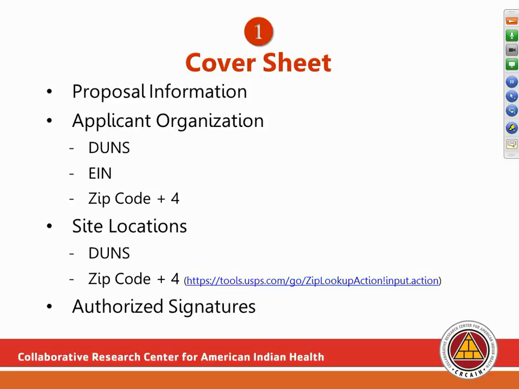Application organization. The legal address information is required, including the DUNS and EIN number. Failure to provide this information could result in your application being triaged. If you do not know your DUNS or EIN number, you can contact your finance or business office within your institution or tribal community. Authorized organizational representative or signing official. This is the person with the signature authority to sign for grant applications for your institution.